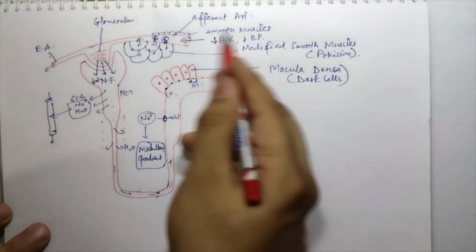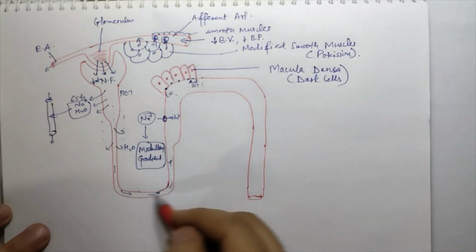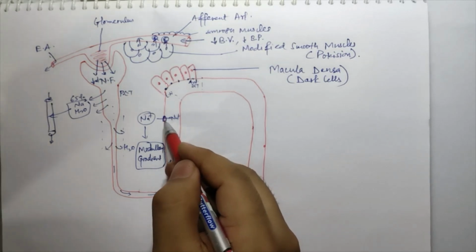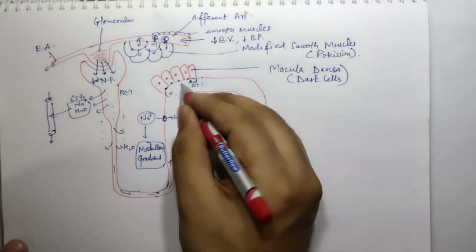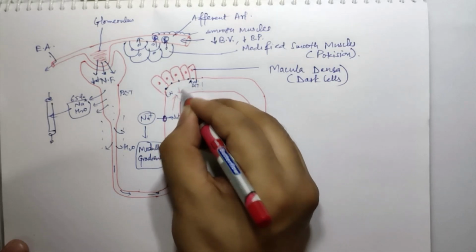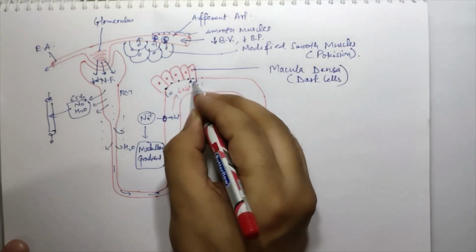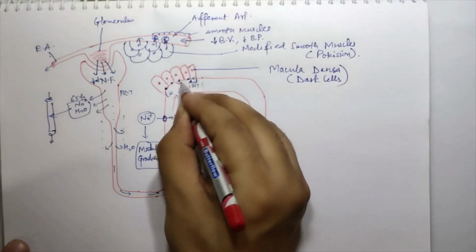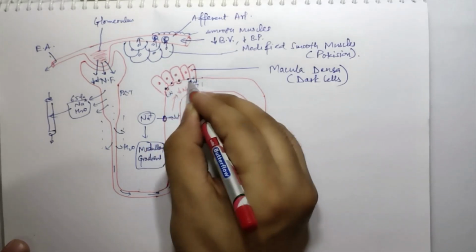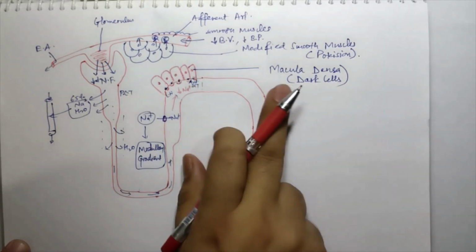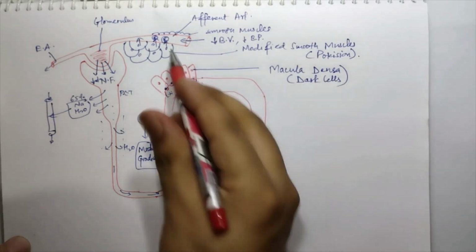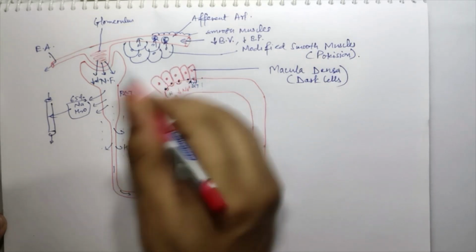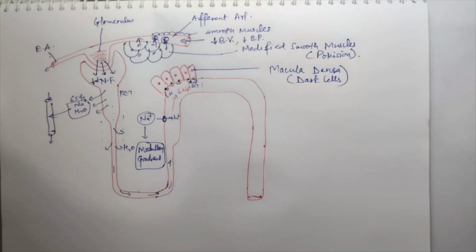As you know that blood volume is reduced, so subsequently the sodium ions are again reabsorbed from the thick limb of the loop of Henle, we are left with a minimum number of electrolytes, that is sodium ions, and this decreased concentration of sodium ions is detected by the receptors found on the luminal side of these macula densa cells, and subsequently these cells form a complex